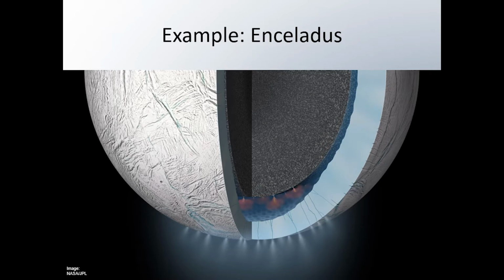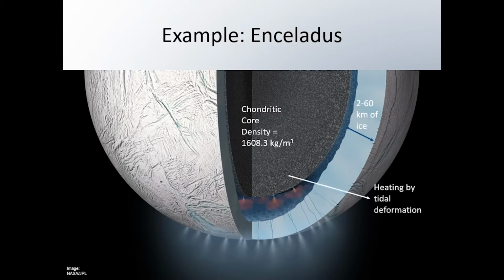Going a bit deeper into detail, Enceladus has a chondritic core, which means that it's undifferentiated. It's covered in 2 to 60 kilometers of ice. There are no plate tectonics, but the water beneath the ice is heated by tidal deformation. This tidal deformation creates circulation of this water, or flow, which is key for rock-water interactions that create energy for